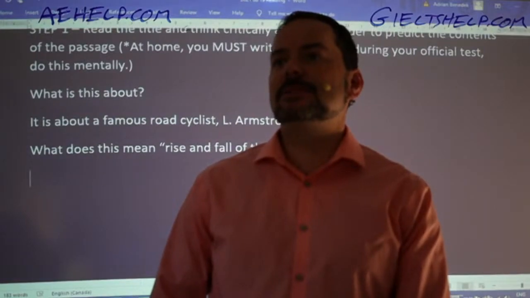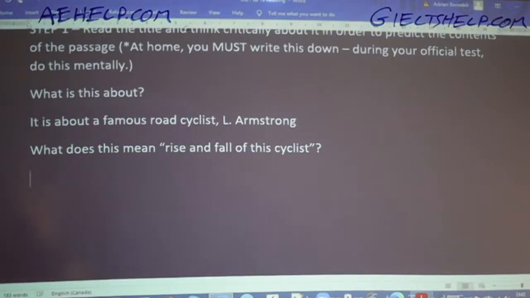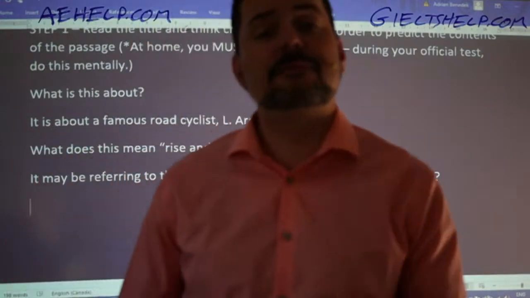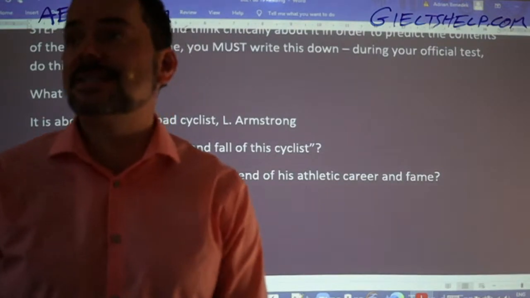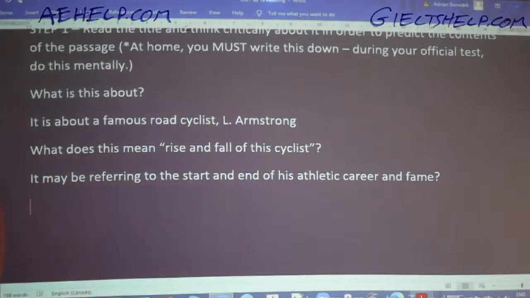Deepika says it means the start and end of his career or fame. Yeah, Deepika, I like it. So it may be referring to the start and end of his athletic career and fame. Okay, sure. Rashika says maybe the success and the failure of his life. Very good. Teniola says the success and failure. Shahil says the ups and downs of his career. Very good. Yeah, so